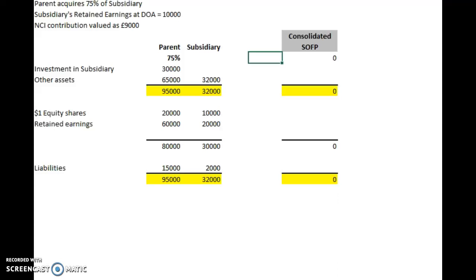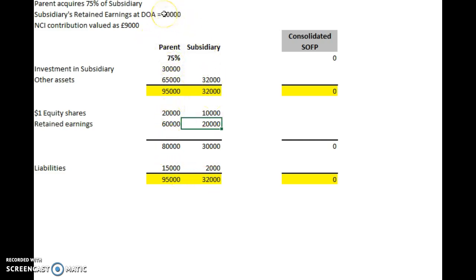So this is a consolidated statement of financial position. Let's have a read of the question. It's quite simple. The parent acquires 75% of the subsidiary, so that means the NCI is going to be 25%. The subsidiary's retained earnings at the date of acquisition is 10,000. And we can see here the retained earnings is now 20,000, so this balance sheet's obviously a little later on